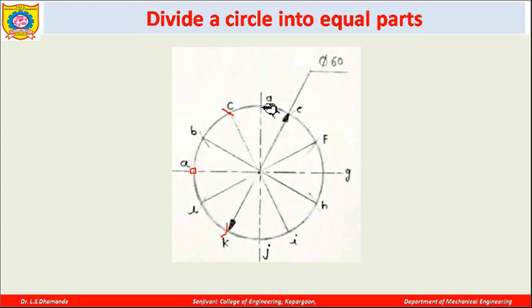Then you keep your center over here, and the same radius in your compass, and make this arc and this arc like this. Then keep your compass over here and make the arcs like this and like this. After that, keep your center over here and make the arc like this and like this. So definitely you will get all the 12 different parts of this particular circle, which is being divided over here. So this is what we had in this presentation.